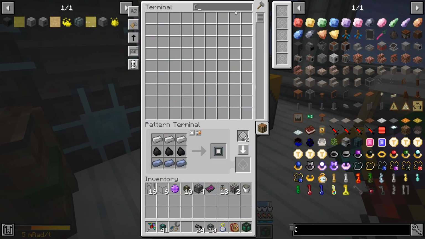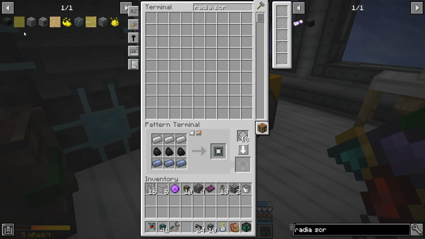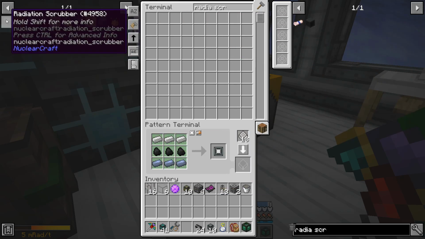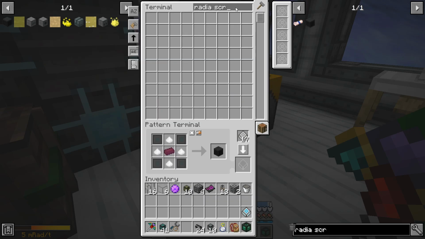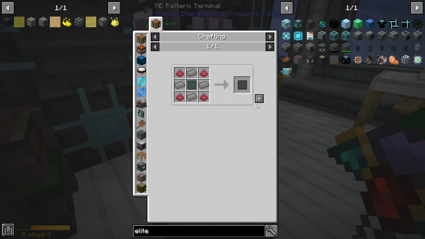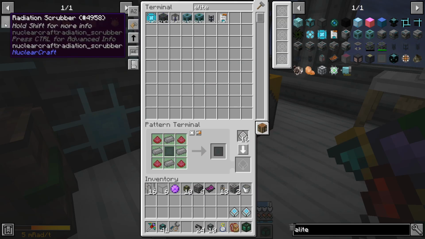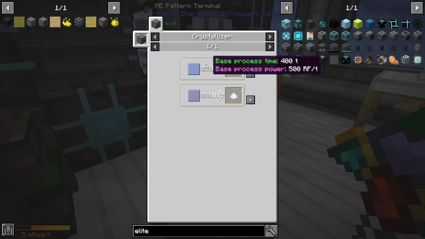So, a bunch of patterns. Make a radiation scrubber. Elite plating. I don't think I haven't taught elite plating. I think I've taught all of these things. But borax needs...